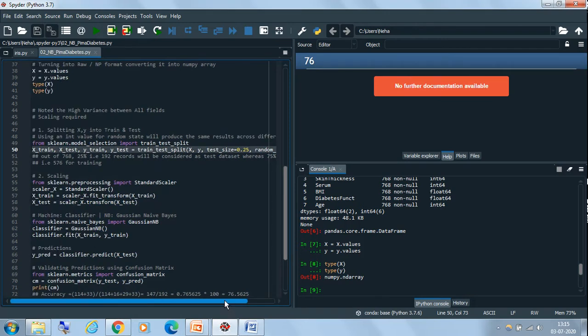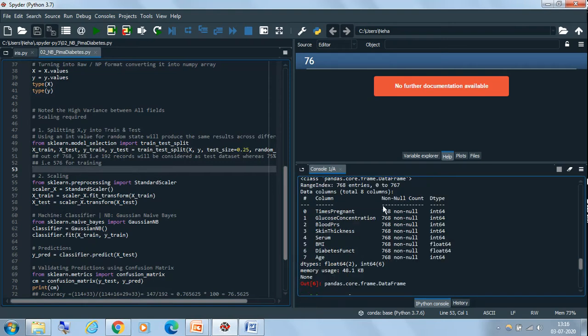If I mention test size as 0.25, we have already seen that the total number of records in our data set is 768. Out of 768, 25% means 192 records. So in my test data set there will be 192 records, and the remaining 75%, that is 576 records, will be in the training data set. So now we have split our data set. I hope it is very clear till here.